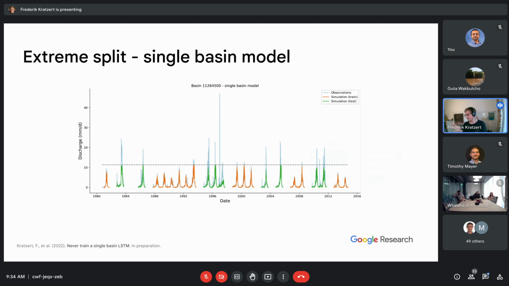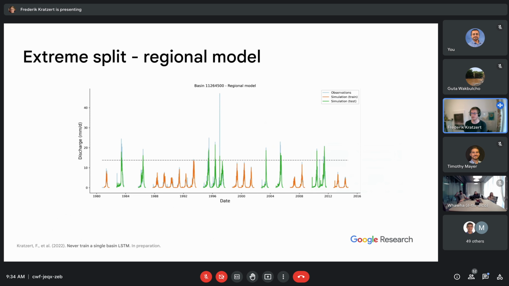And it's like the year 93 or something. And what you are seeing is that this is a natural threshold for this model. The model is not able to predict anything above this. And I mean, this is actually no novelty. One of the critiques I heard the most at the beginning of my research was that machine learning models are not able to extrapolate. We can never use these models to predict events that were unseen in the training data. And that's certainly true, but only if you train single basin models.